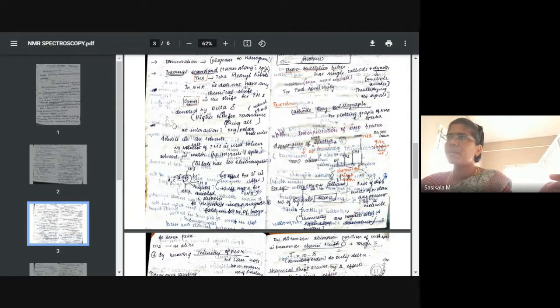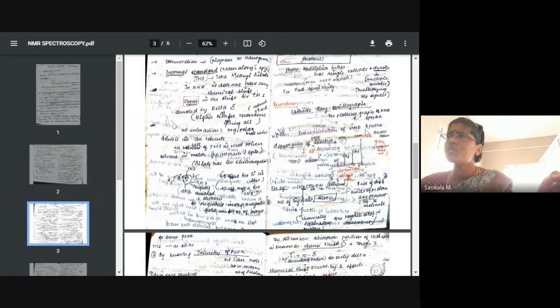The unit will be parts per million, and the parameter taken in the x-axis is chemical shift, denoted with delta. Delta is the symbol of chemical shift, and the unit of chemical shift is parts per million. It will vary for any sample from 0 to 10 parts per million. The standard absorption you can find at 0 parts per million is tetramethylsilane. All the protons present in tetramethylsilane will have no shift from the value given, so it appears as a strong signal at 0 parts per million.